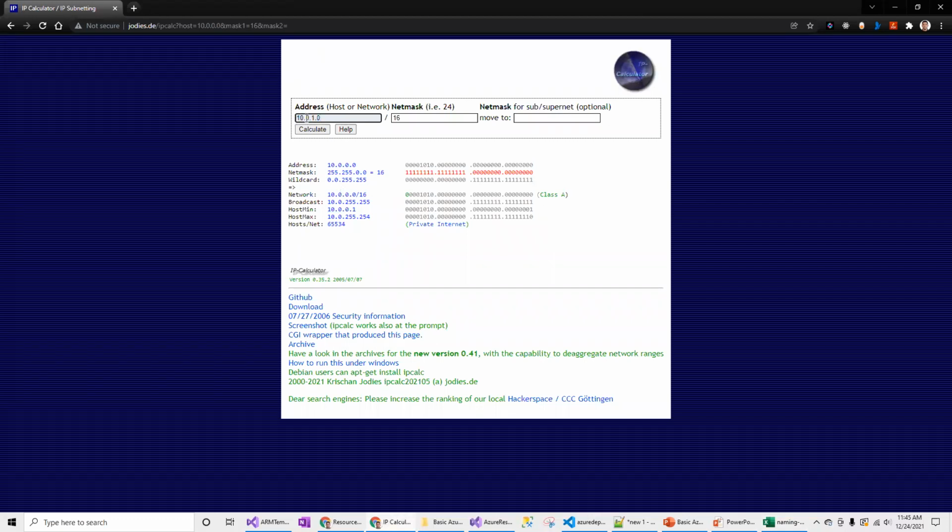If I go here, I'm going to start with 1 and I will say 24. So that's going to be 254. This is not the Azure calculator, by the way. So the numbers start from 10.0.1.1, 1.2, 1.3, 1.4.